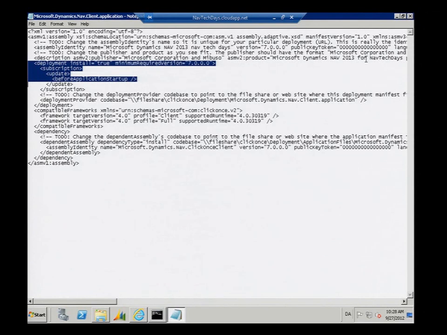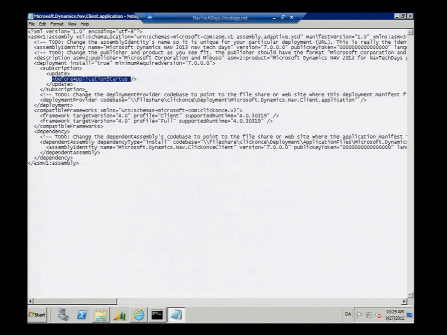Something about update policy. So one of the major advantages of this is once an end user has installed this on his machine, if I, as a partner, put out a new version on the server, it will automatically get pushed out to the end user machine. And so we have the opportunity to configure when it checks for updates. So right now you can see it is configured to check for updates before the application starts up. So when an end user runs the application, before it actually runs the exe file, it checks for updates.